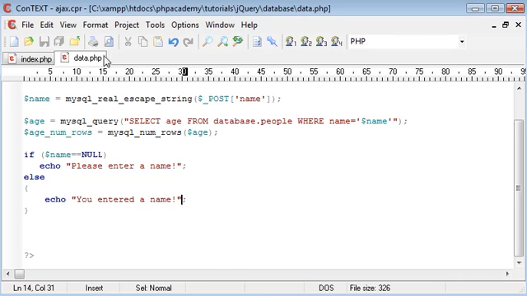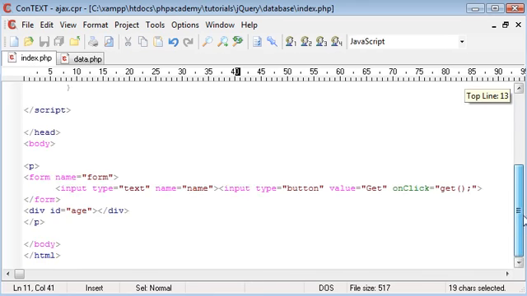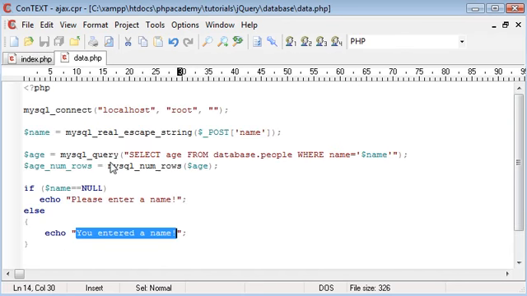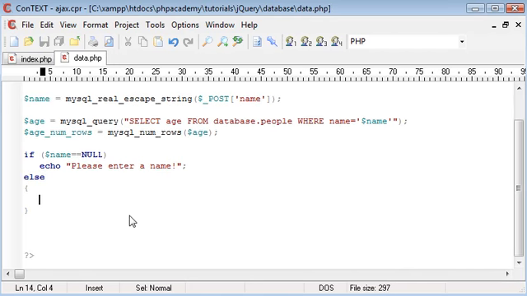inside our data.php, which is echoing out this data, and then obviously inside our div down here it's displaying this, simply because of this functionality here, because we're outputting the HTML from this file. So we obviously don't want to tell the user that they have entered a name, they know they have. What we need to do now is continue our checks, and like I said before, we're going to check if